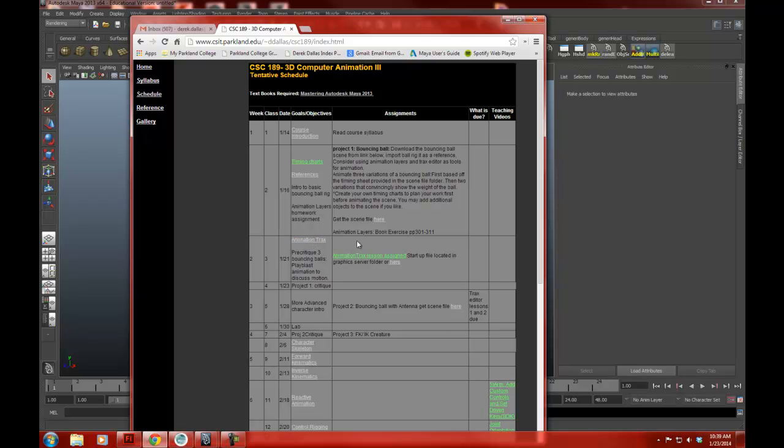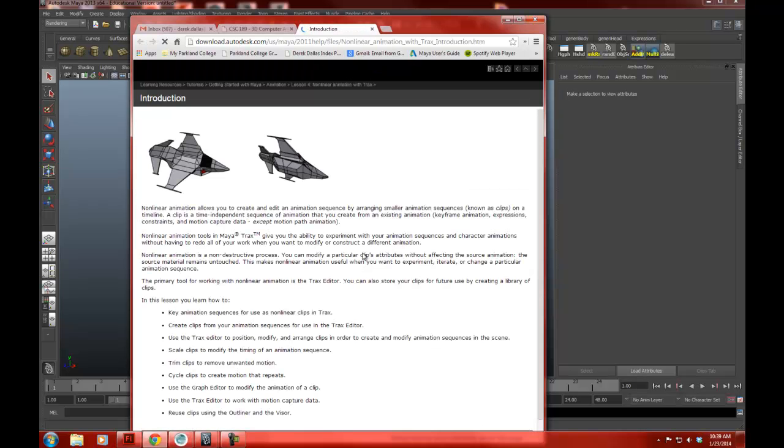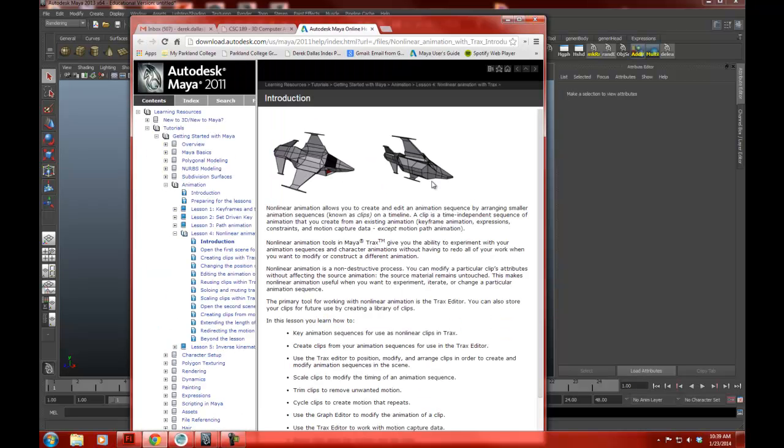So you're going to have an animation lesson where you're going to be going to Instant Maya. If you click on this, you're going to do a little introduction here that has two parts. One is a spaceship, and then there's a second part where you actually will be looking at using a different kind of model, a human model that is using motion capture data. So I'm going to get you started with a little spaceship to get you kind of